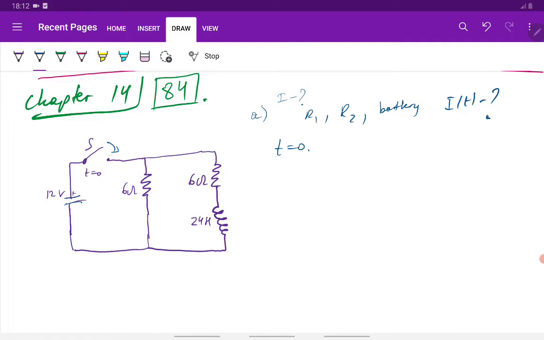So when the switch is closed, it's written, right? So t equals 0 here. So first, when the switch is closed, right, we have current going in this direction. So let's put, we have current goes this, right? So we will have this current, we will divide it into I2, and here we have current split into two directions, right? Here I1 and I2. Here still we have I1, but here we have this initial current will be I2, and